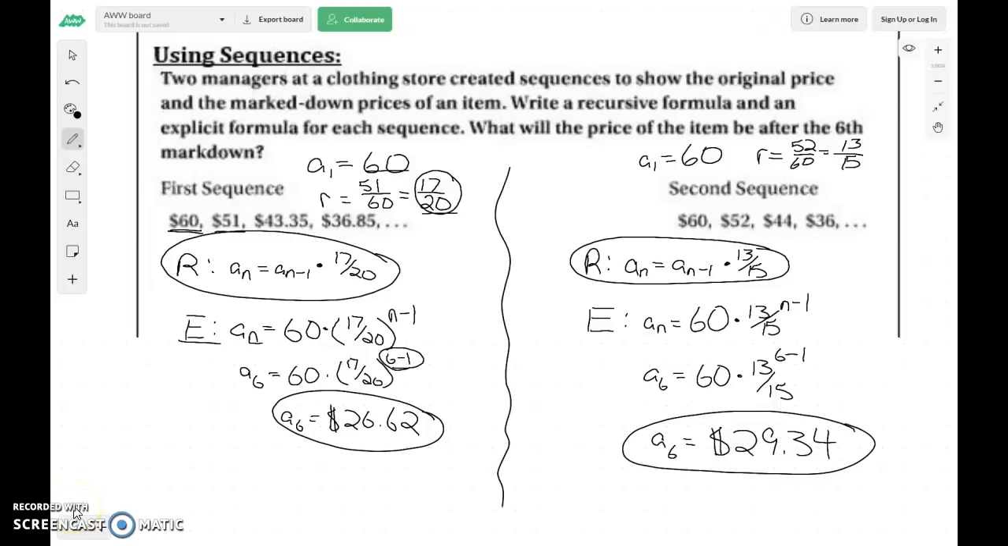All right, so real quick, looking over the second sequence here, all we did was we found the first term of the sequence is 60. We found that the common ratio was 52 divided by 60, which is 13 over 15. So then when we did our recursive formula, we have a sub n is equal to a sub n minus 1 times 13 over 15. For our explicit formula here, we said that we had a sub n is equal to the first term, which is 60, times the ratio, which is 13 over 15 to the n minus 1 power. So to find the 6th term in the sequence, and that 6th is right there, substitute in the 6 for n, and then we said 60 times 13 over 15 to the 5th power in the calculator, and we got an